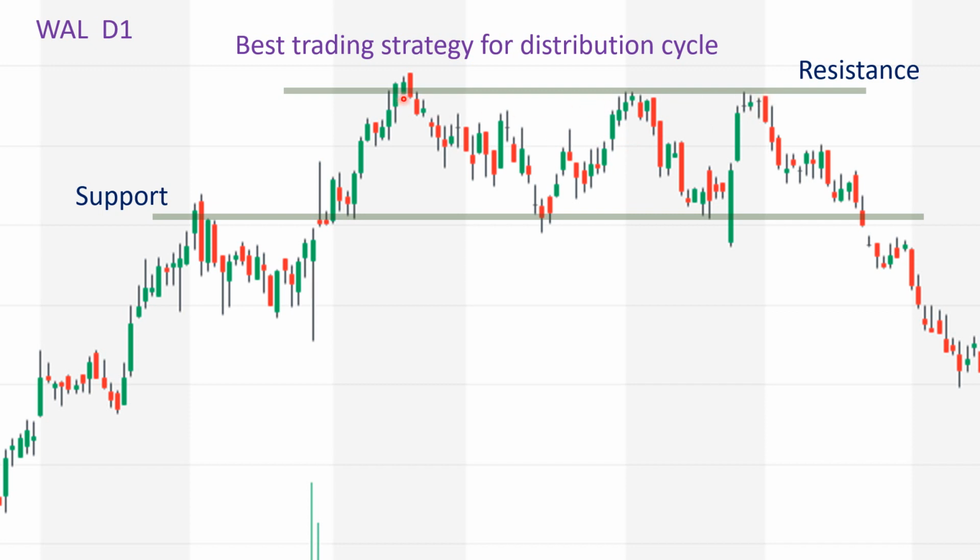And when you exit, you put your stop loss maybe 1 or 2 ATR above resistance. That's how you can